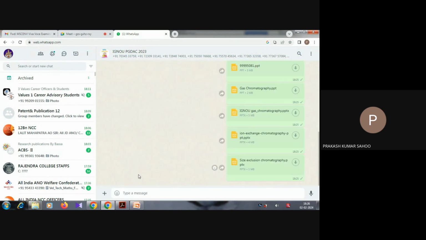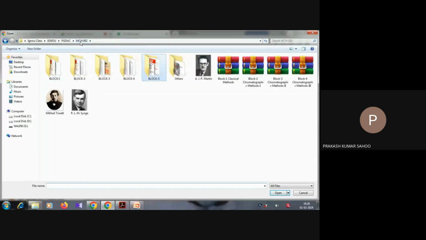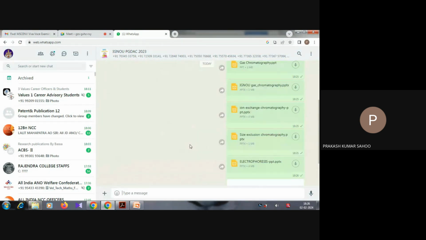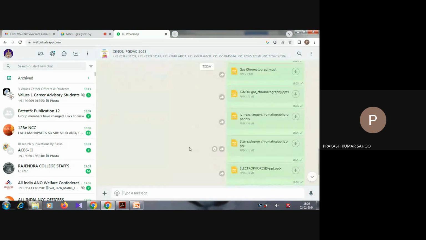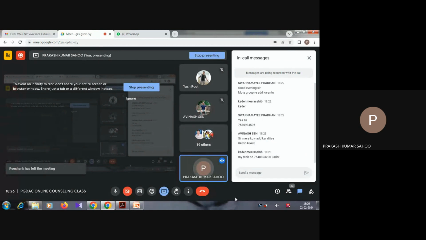And we have membrane separation and electrophoresis. So up to this, I think, these are the things I have as a PowerPoint presentation from this paper, and I also have a good experience with you students that